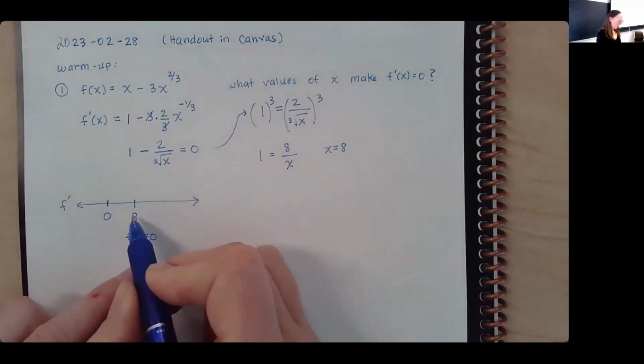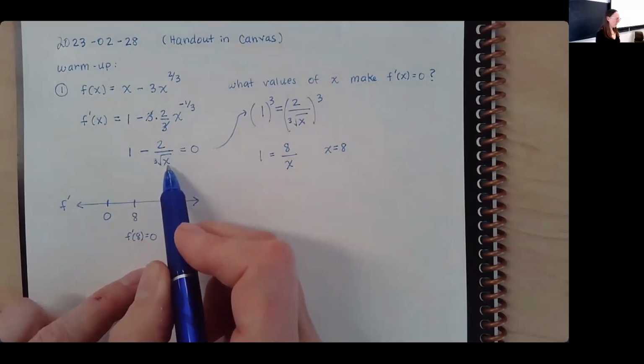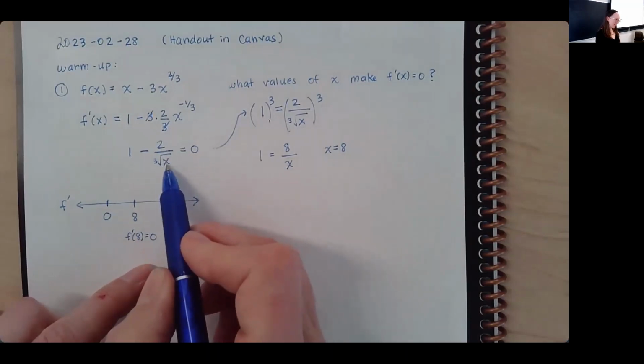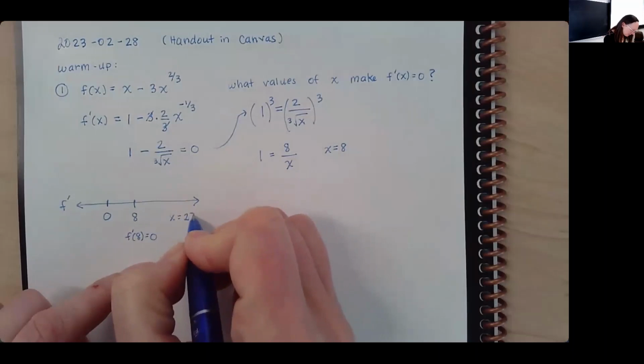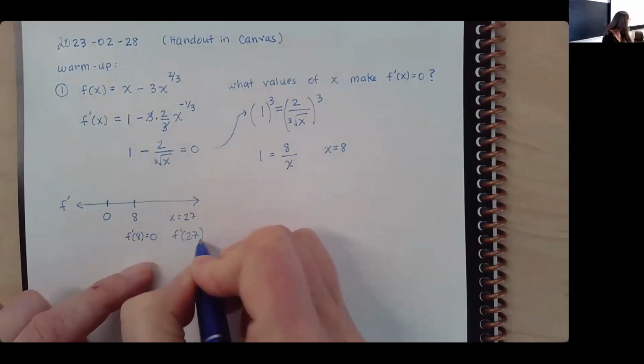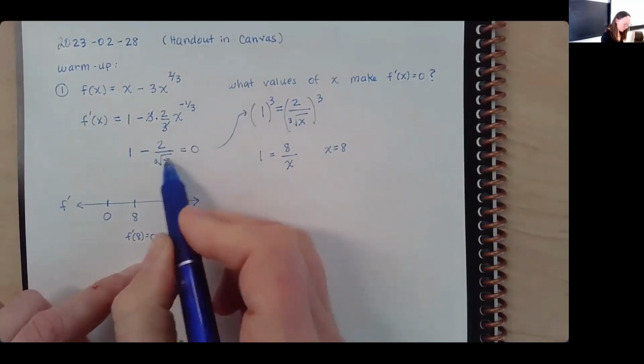So if I need to pick a number bigger than 8 to plug in, and I'm not using a calculator, what's a number that we can take the cube root of other than 8? Sure. So let's try 27. If I plug in 27, the cube root of 27 is 3. So if my test point over here was 27, then f prime of 27 would look like 1 minus 2 over, when I plug in the 27,